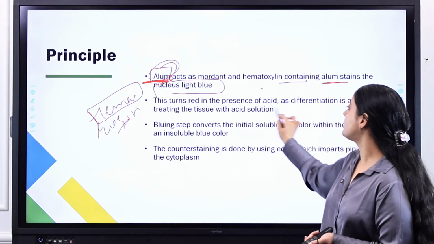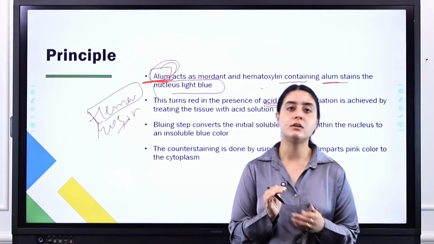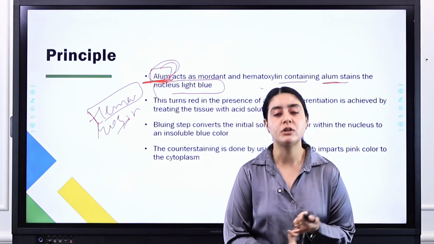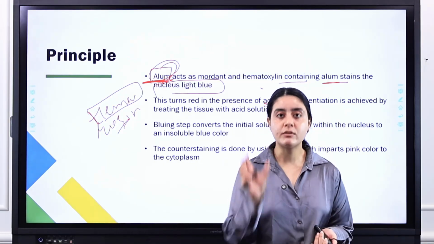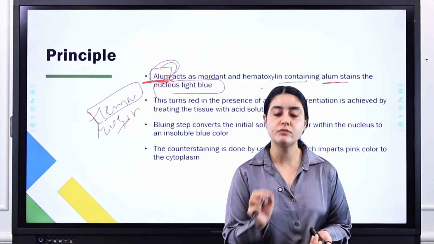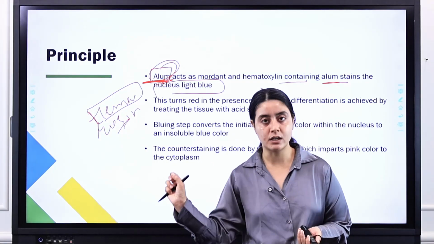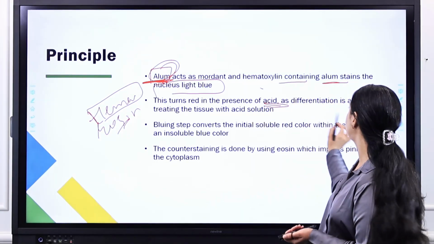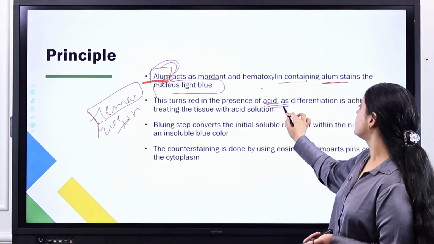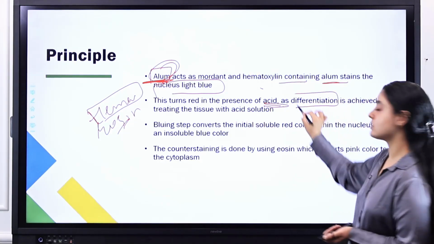This turns red in the presence of acid. When we proceed with our first step, the hematoxylin step, the environment is a little acidic, and because of the acidic environment, the nucleus will turn a slightly red color. As you have read, this turns red in the presence of acid, as differentiation.